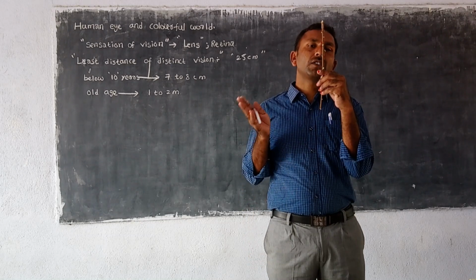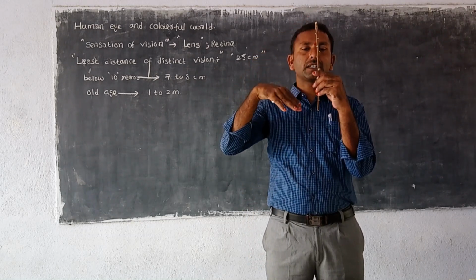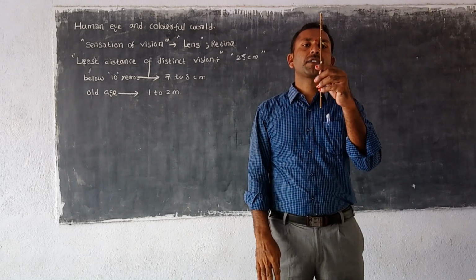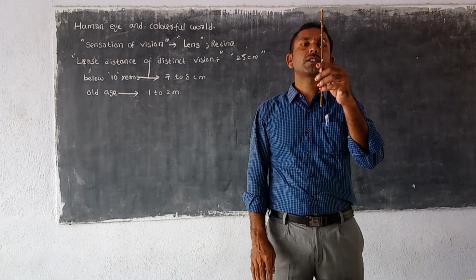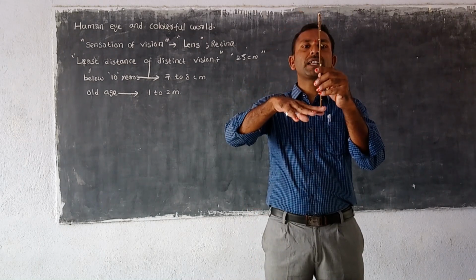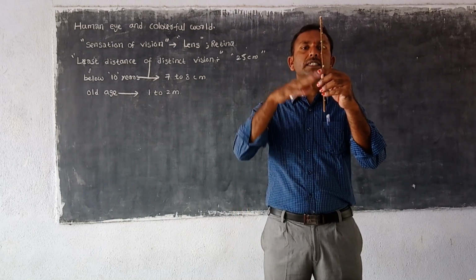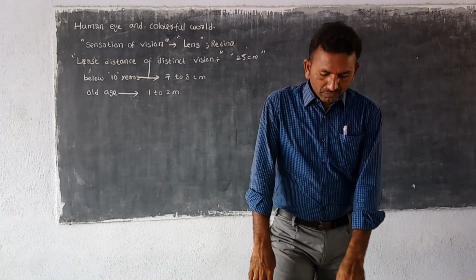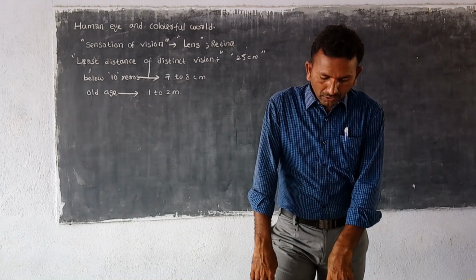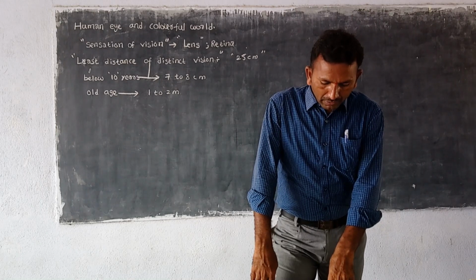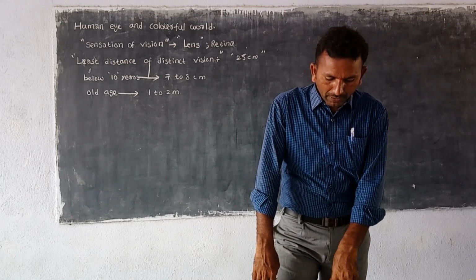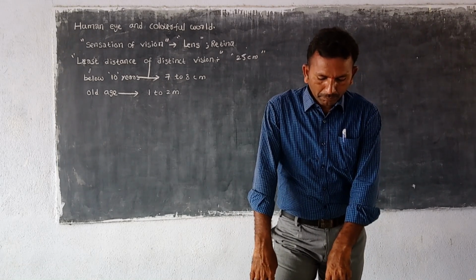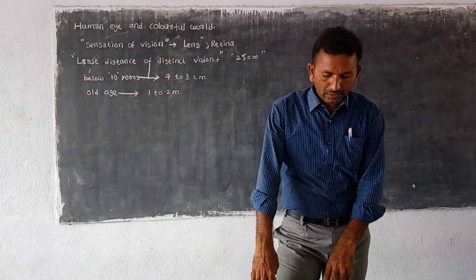Ask your friend, when you are not able to see the top and bottom of this object, to move the stick further away from your eyes. When you are able to see the top and bottom of the object, stop there and measure the distance between the object and your eye. Without changing the position of the clamp on the horizontal rod, replace the stick of 30 cm length with sticks of various lengths one by one, and try to see the top and bottom of the stick simultaneously without any change in the position of the eye, either upwards, downwards or sideways.